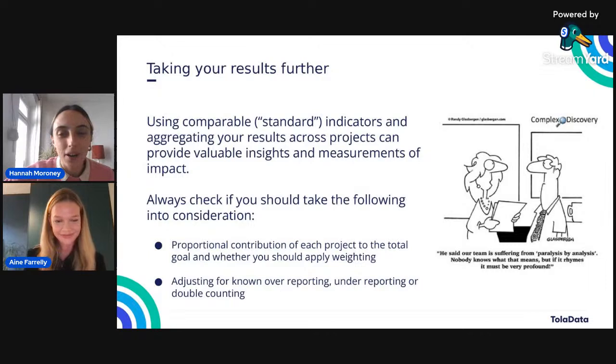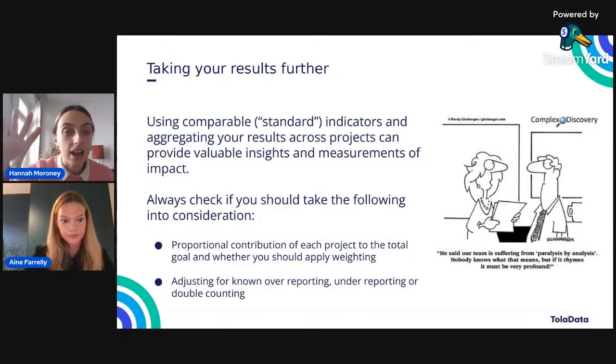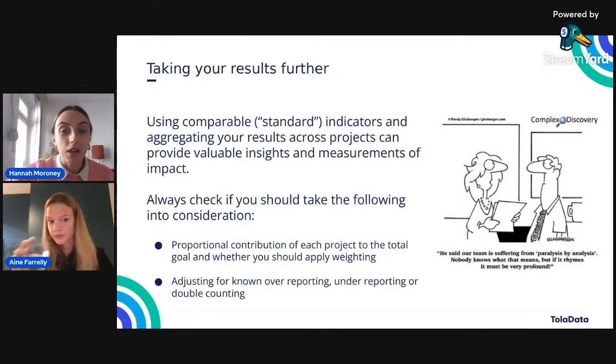And that's exactly what I want to say just quickly here, is that once you've done exactly what Anya has shown you here, you've created your results framework, your smart indicators, you've figured out your targets, it's all been built, and you've collected some data. You've added it maybe from KoBoToolbox, maybe from Excel, maybe from ODK, wherever it's coming from. You've added it into your system, but now you want to take your results further.